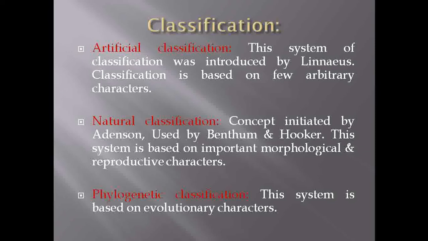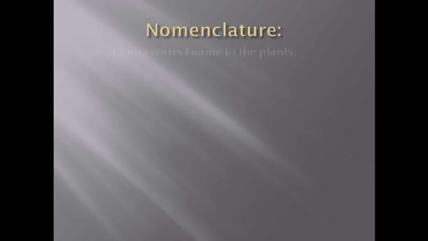Then the natural system of classification was initiated by Adamson and successfully used by Bentham and Hooker, which is based on all the morphological characters. And the phylogenetic system of classification is based on the evolutionary characters. Then next we see